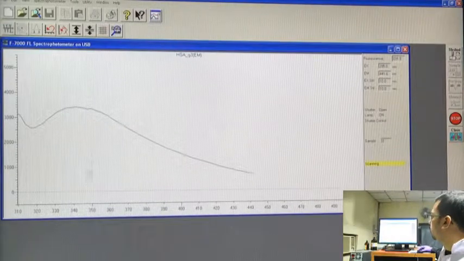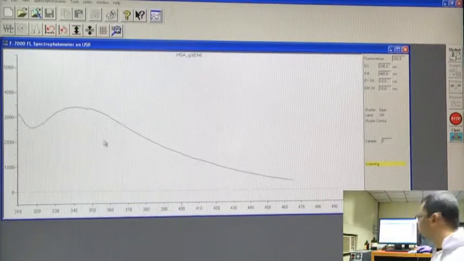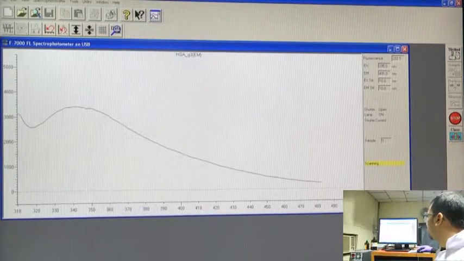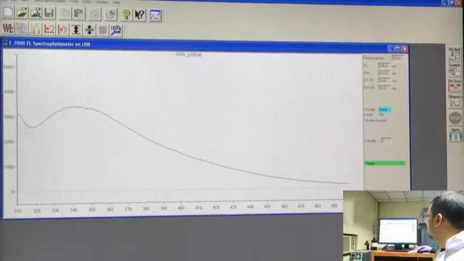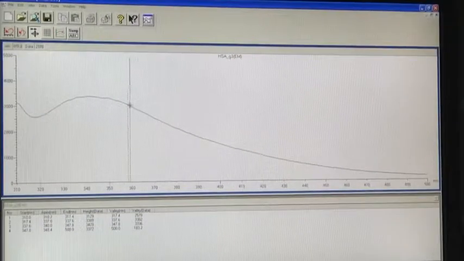Time to time you have to monitor whether the maxima is coming at 340 or is shifting from here. So, let us see where the maxima comes in this case. Once it reaches this 500 nanometer value, here we can see where the emission maxima is.